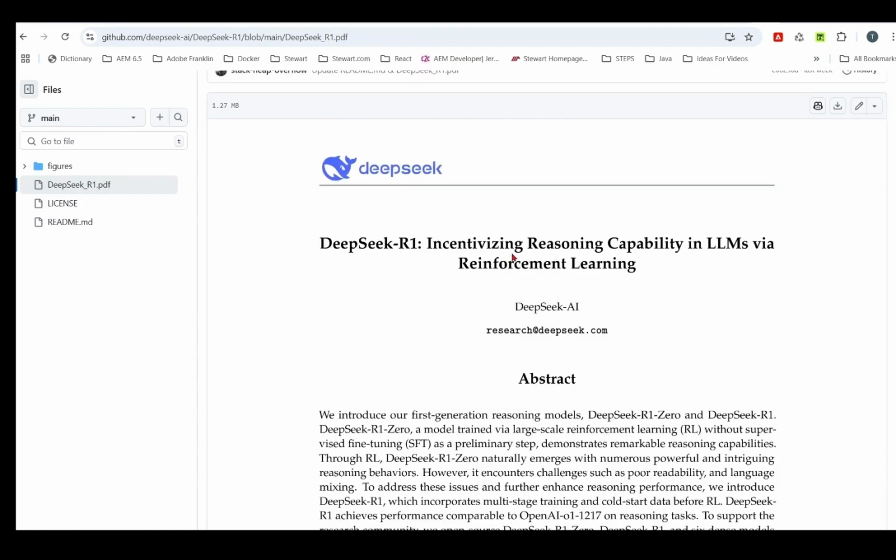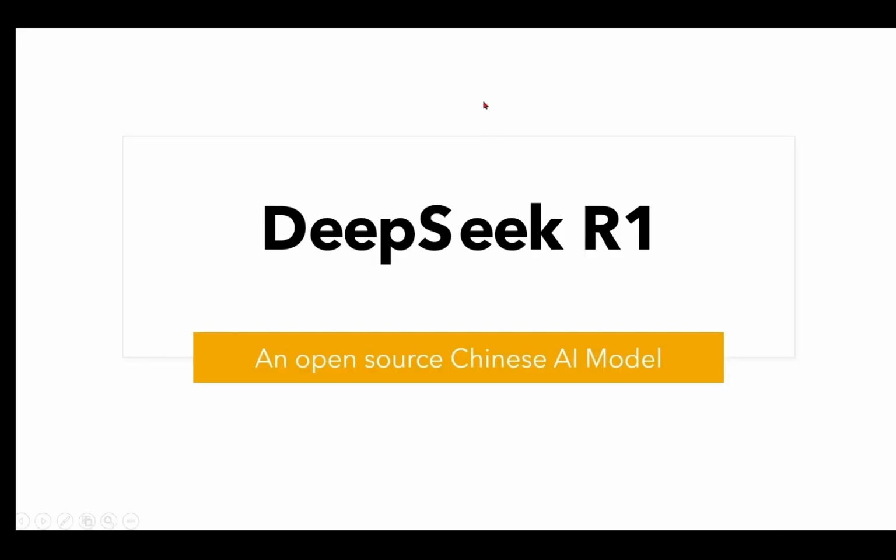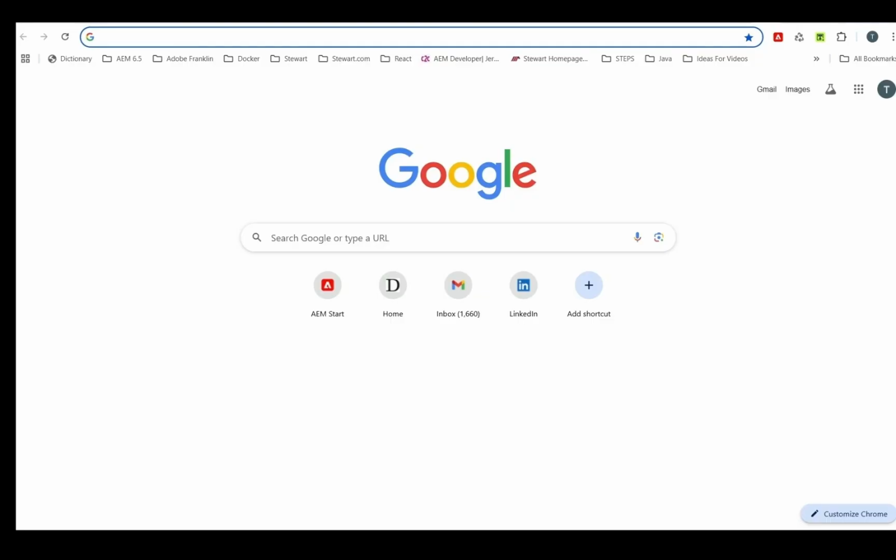This model is built on reinforcement learning, which makes it smarter over time. This AI model is so popular that US President Donald Trump has called DeepSeek R1 a wake-up call for US tech giants. To see how DeepSeek R1 beats other AI models, we go to the browser and type